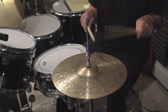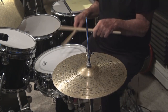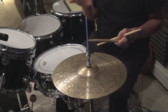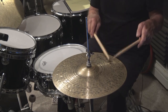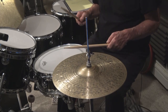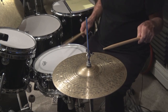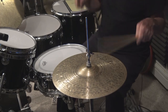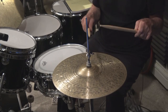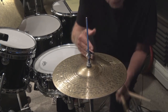Nice and easy, equal sound, right, left, the way George Lawrence Stone intended. But this time now, I'm going to put a backbeat on 2 and 4. That means I'm going to move it over to 2, my right hand on 2 and 4. It's a backbeat. 3 E and a 4 E and a 1 E and a 2. 3 E and a 4 E and a. Simple pattern. What we're doing is